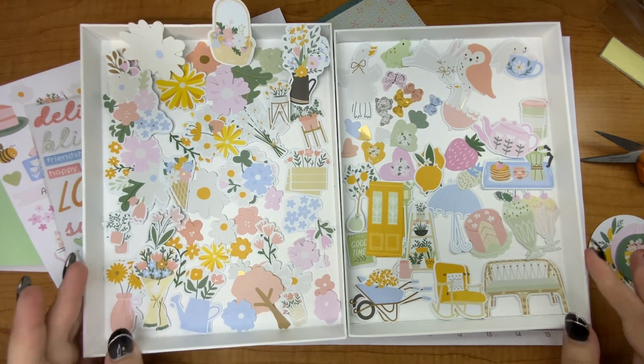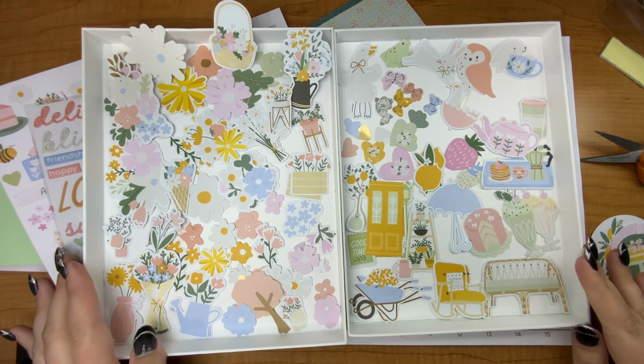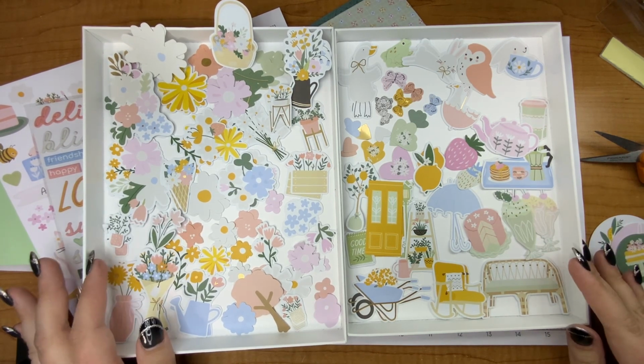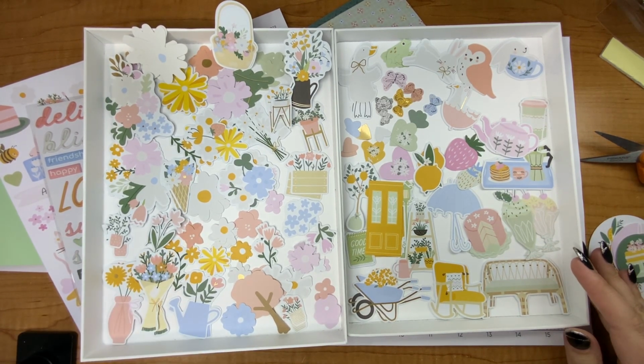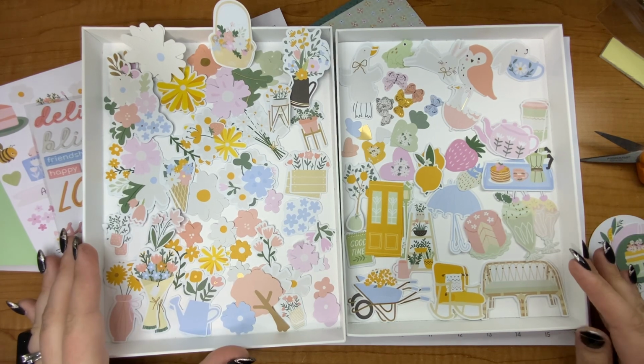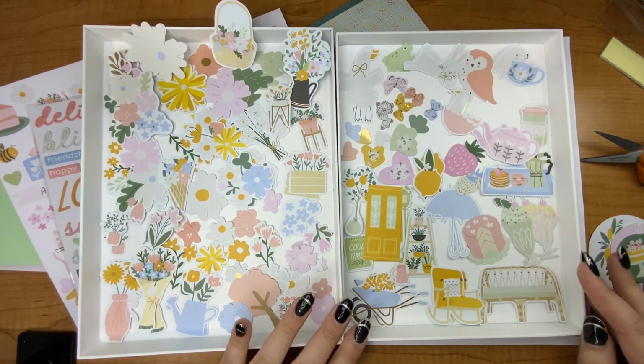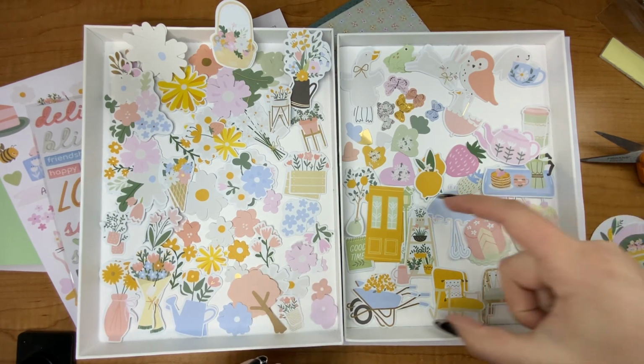So looking at the rest of it, this whole area on this side is all flowers. So it's very flowery and springy, which is just perfect because I need to start making some Mother's Day cards for the mothers in my life so they can have a card on Mother's Day. So that's perfect. And we have on this side some of the scene builders is what I like to call